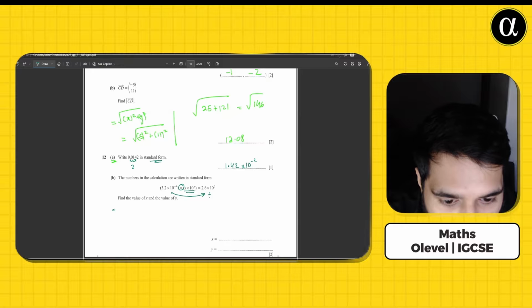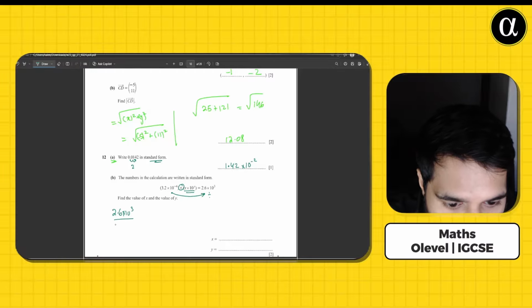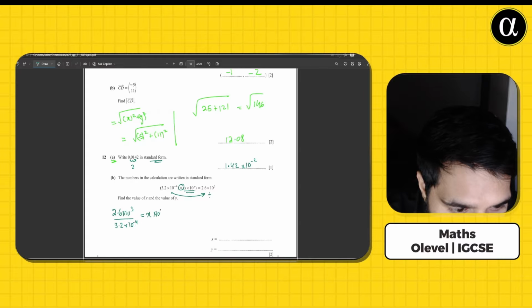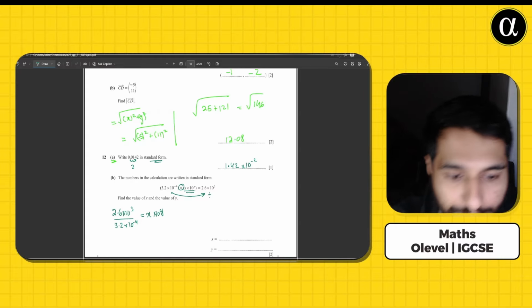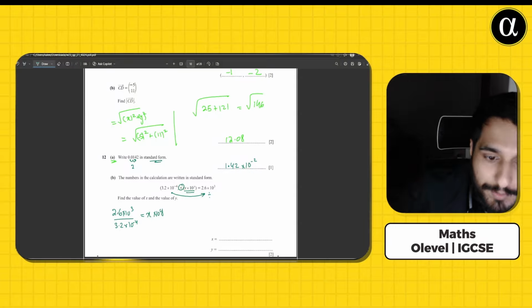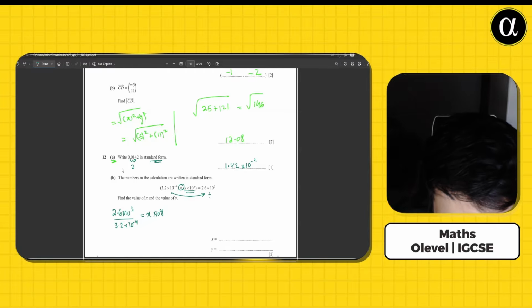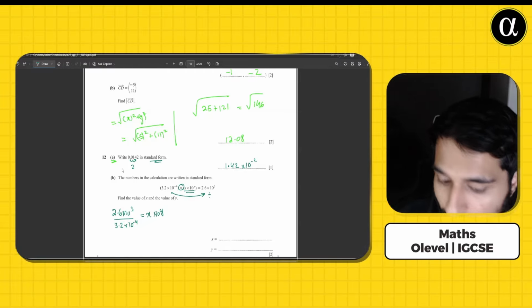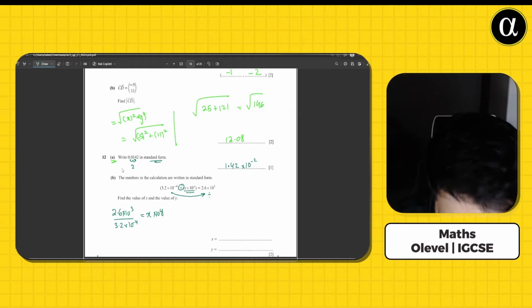And this would become what? It would be 2.6 into 10 power 3 over 3.2 into 10 power minus 4, which is equivalent to x into 10 power y. Now we can solve 2.6 over 3.2, or actually we can solve the whole thing on the calculator. Since this is the calculator version, we can do 2.6 into 10 power 3